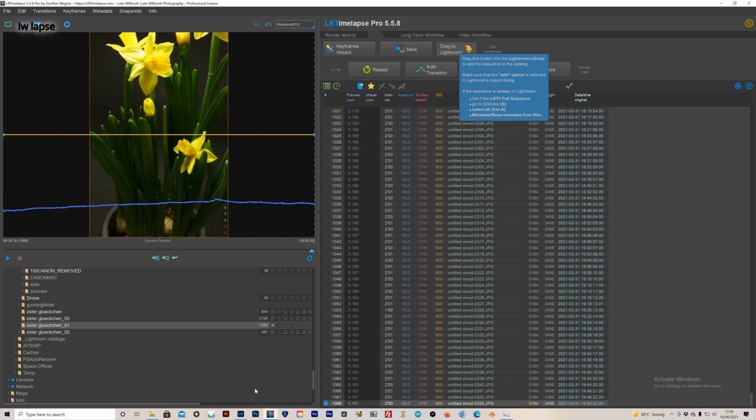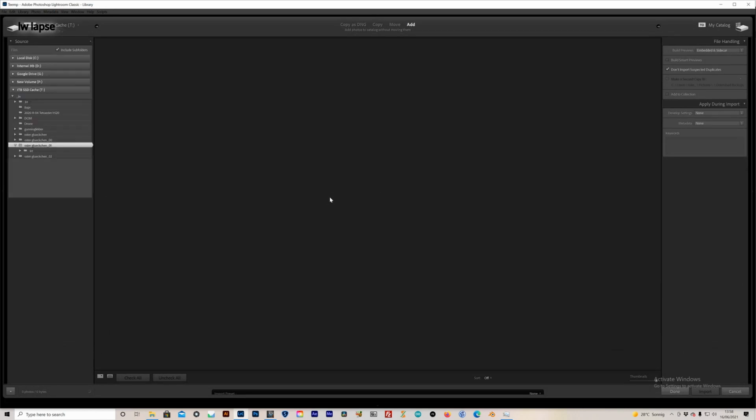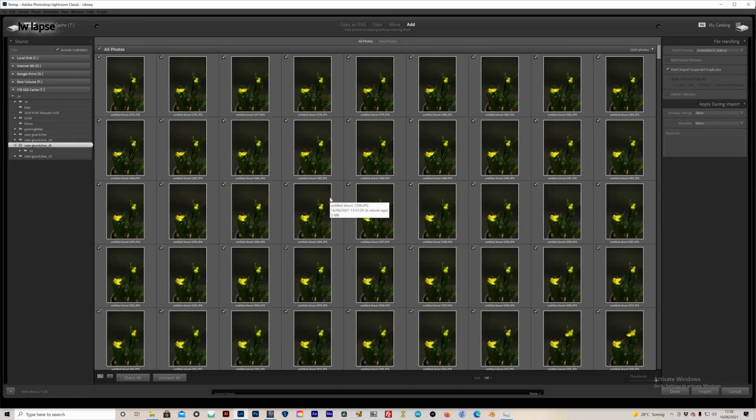Now I'll use this button to drag it into Lightroom. All the images are there. Make sure you have the add button selected and just click import.